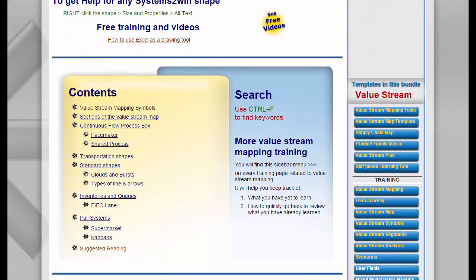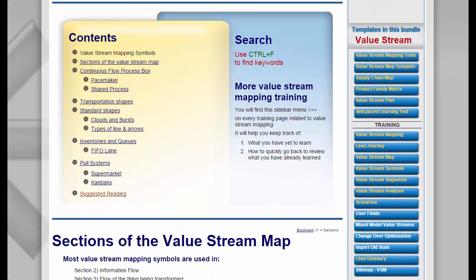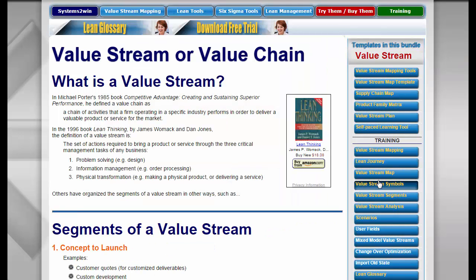For newcomers to value stream mapping, one of the most confusing concepts is the concept of a value stream segment. You'll learn how you're able to choose between multiple valid ways, there's not just one way, but multiple ways to depict different segments of your value streams.